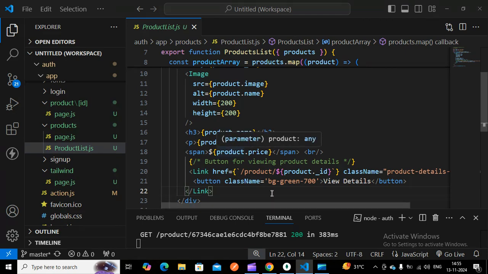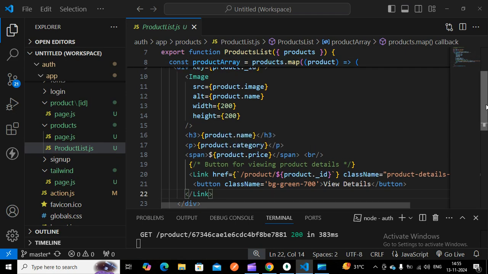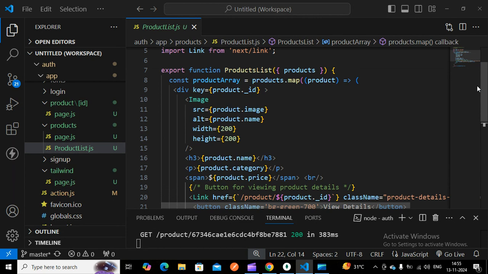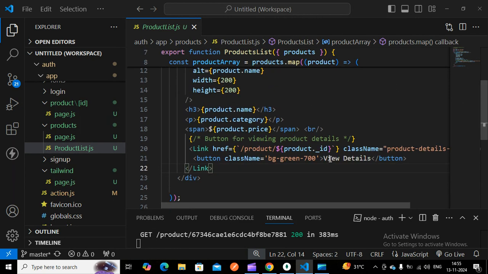In the previous tutorial, we had seen how to fetch all the items. In that we used the map method, so in this we will be getting the product id. In that button I have to pass the link. Here this is my button. Once I click the button, my link has to go to this path. So the path is the product, and the product id has to go, and we have to see the product list. So for that I have to create a product route, and in that I have to pass this